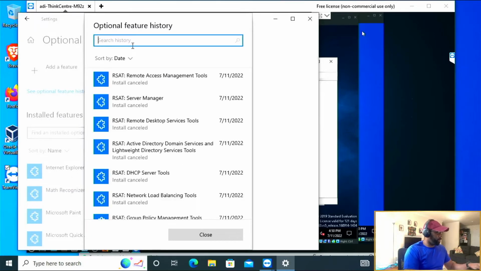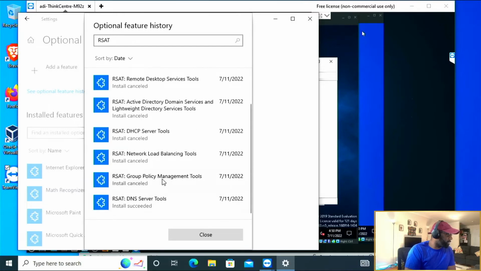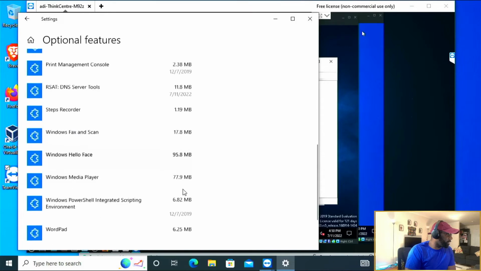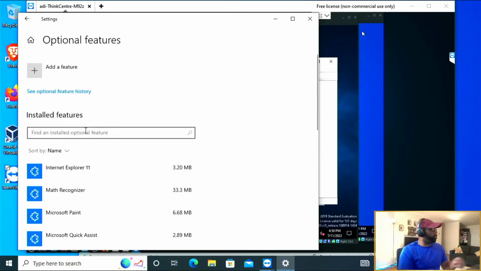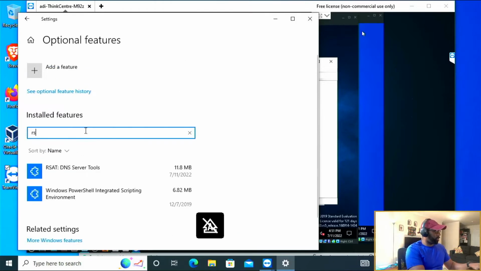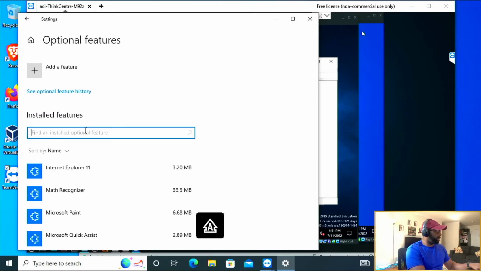Yeah, here we go. See, RSAT. We want install canceled. What is going on? See, at this point, I don't know. Okay, DNS succeeded. If you guys can help me out with installing RSAT tools, let me know because